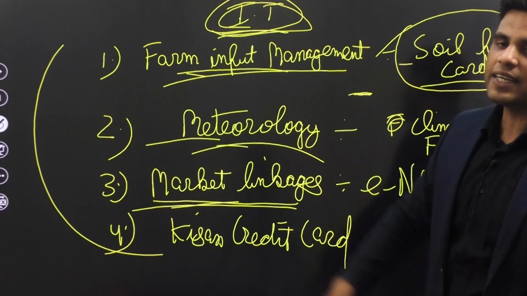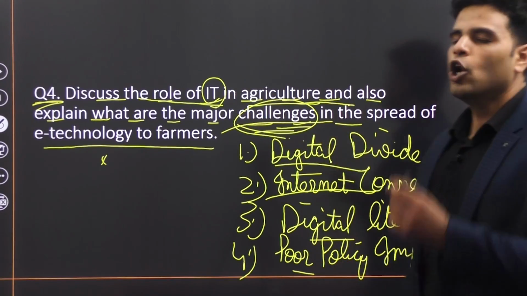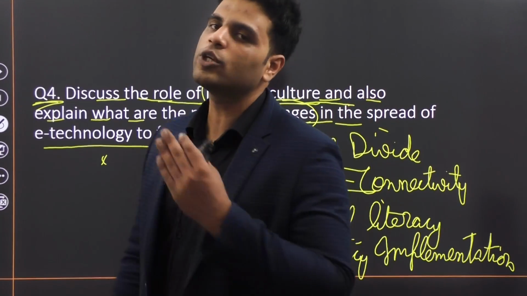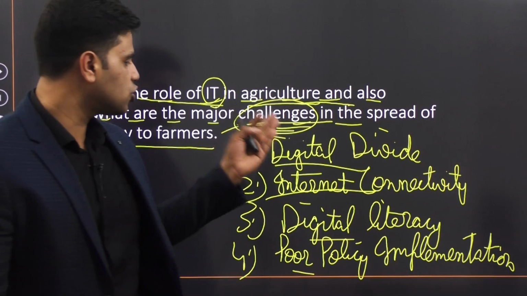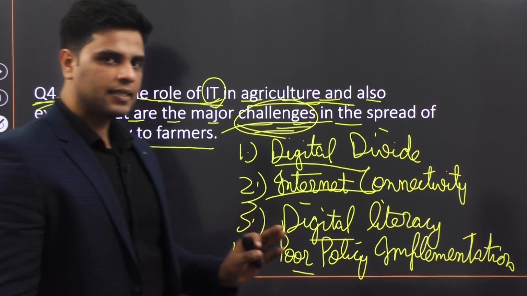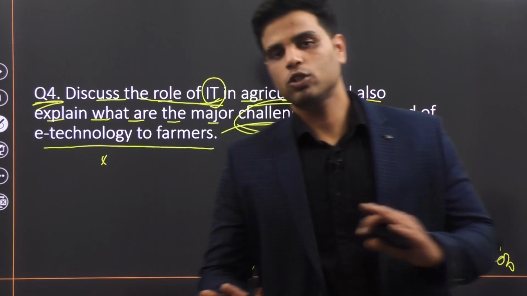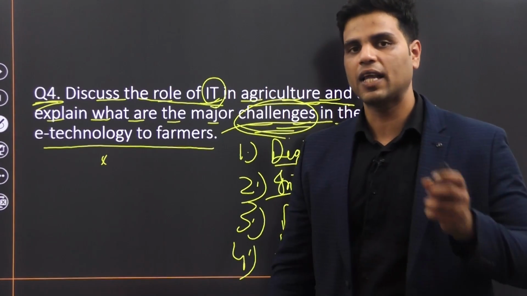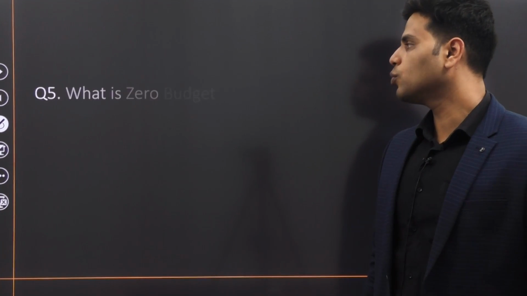Well, this was the role of IT in agriculture. And what are the challenges? Most of the challenges are related to digital divide, digital literacy, digital connectivity, and all that stuff. All right. Make sense? So now we are done with the fourth question. Now let's move on to the last question, which is,